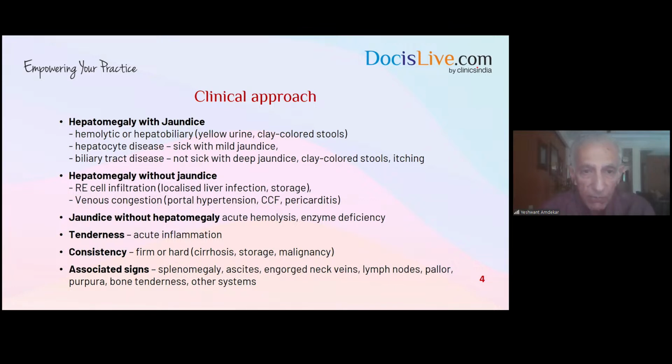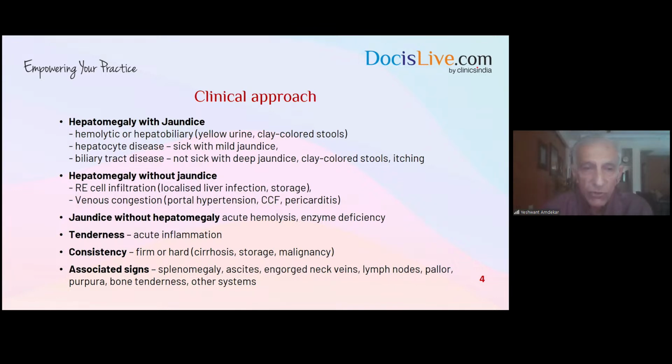The cancer of the liver is a localized tumor, and because it's a localized tumor, it does not present with jaundice. Similarly, the storage disorder, or for that matter, a venous obstruction, like a portal venous obstruction or a congestive cardiac failure,